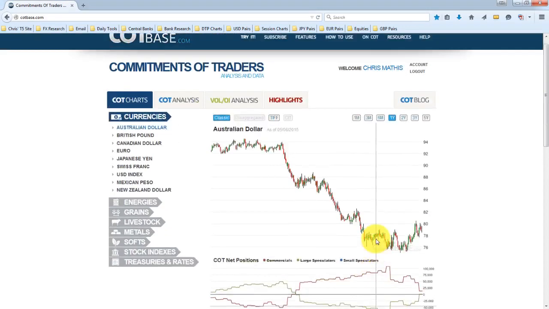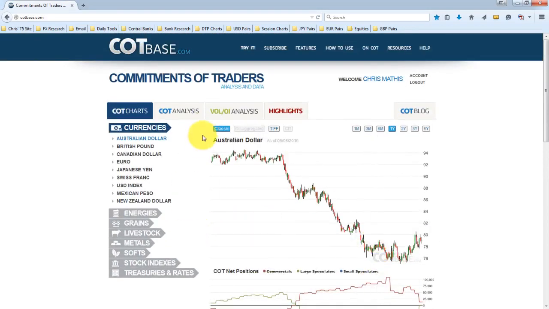And by the way, this website here is called cotbase.com, and I highly recommend it for analyzing COT data. It has so many more features than most of your other places. Obviously, there are some places where you can get some free COT data, but it's nothing compared to what you get here. So many features, including not just the charts with all your major pairs here, but you also get